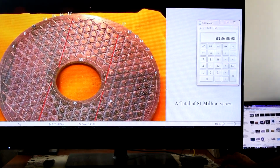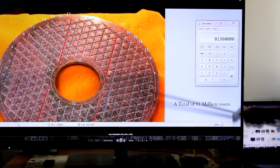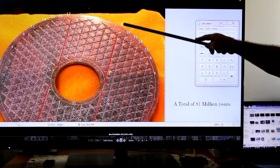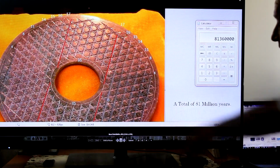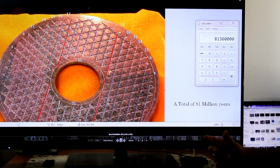I might even do an insert here for you as well of that image, so you can see the numbers. I've counted all these down the plate here, numbered them here. There's 35 in that portion, 35 in that portion, and then the numbers either side. When you add them all up, and you know that from the other parchment, it's